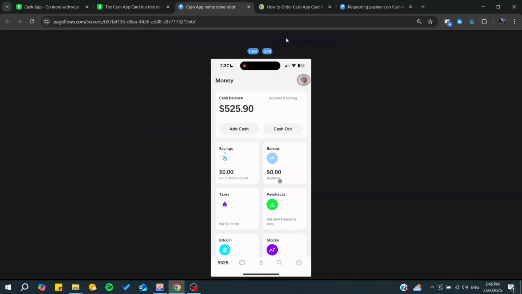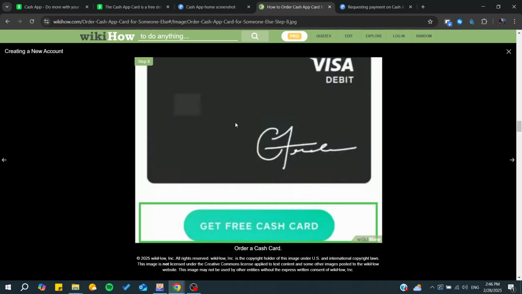And basically the home screen would be looking something like that, and then here in the bottom menu we will find this card icon. And basically by clicking on it you will have this view, and basically this is the get free cash card, and by clicking on it you will need just to click on continue, and after that